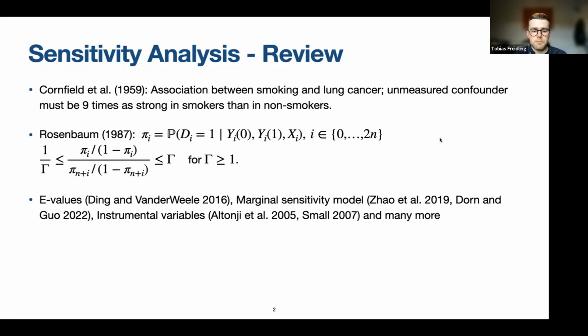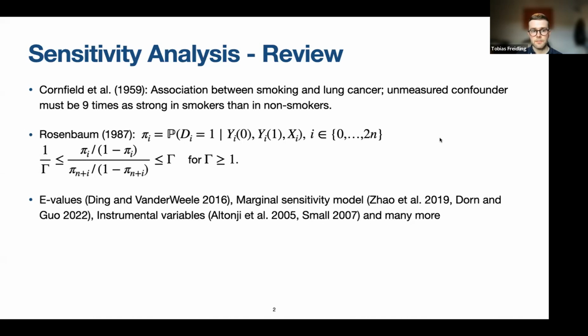I think one of the biggest examples comes from 1959 from Cornfield, arguably one of the biggest successes for causal inference as a field, where he argued that smoking is causally related to lung cancer, because if it wasn't, there must be an unmeasured confounder that is at least 9 times as strong in smokers than it is in non-smokers. Later on in the 80s, Rosenbaum proposed his famous sensitivity model, where he looked at a